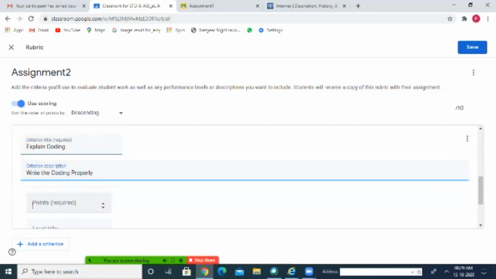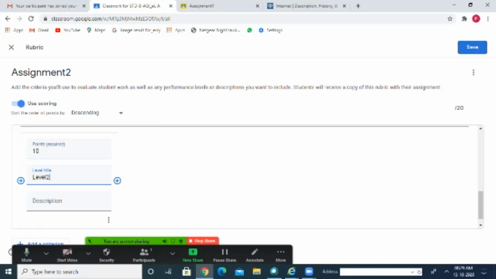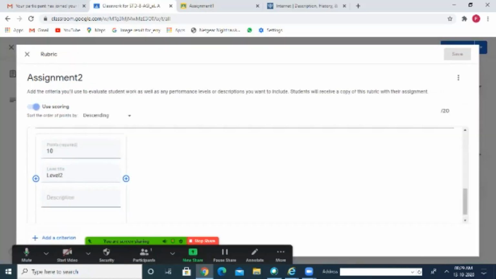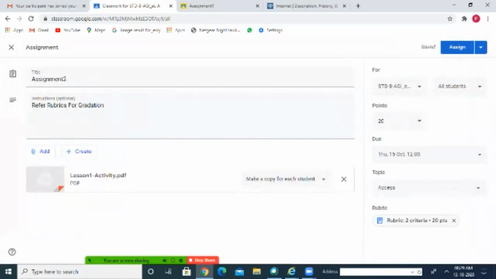So it will be transparent for the students. Here I am giving 10. Here I am giving the level title as level 2. Only these two are sufficient for me. Then I am going to click on the save button. So now the rubric is saved. Okay, now I want to assign this assignment to the students. I will click on assign.